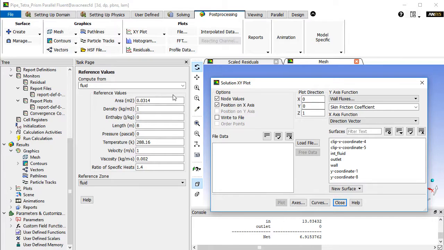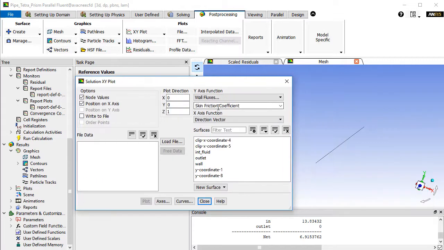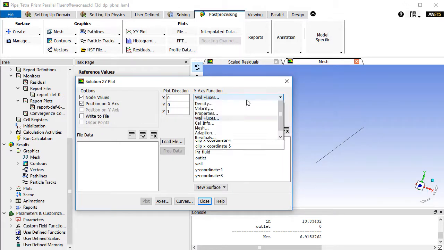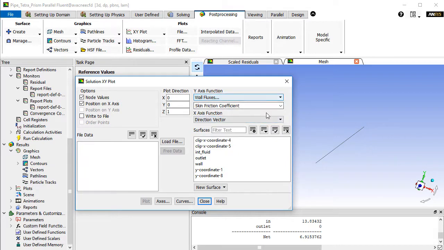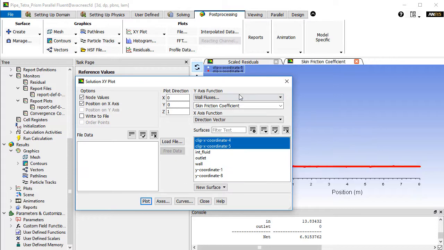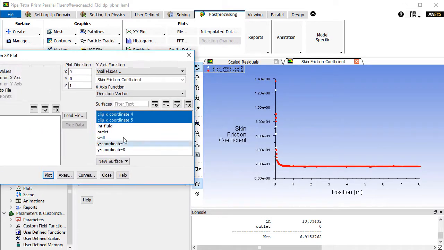That's why we have chosen the reference conditions, and now they will be used to calculate the skin friction coefficient from the wall fluxes in this panel. So from here wall fluxes and then skin friction coefficient, and then choose any one of them, and this shows you the same value along these two lines.